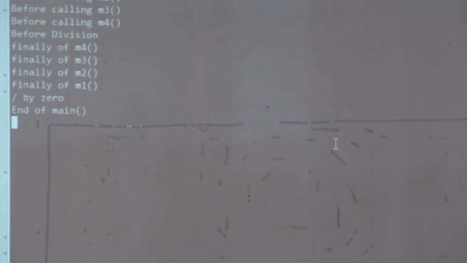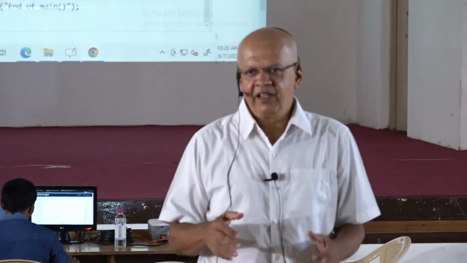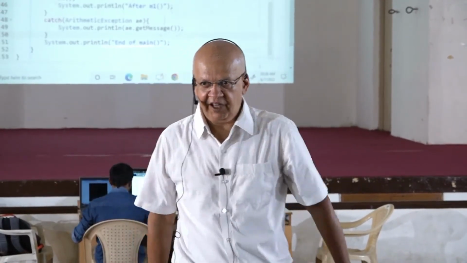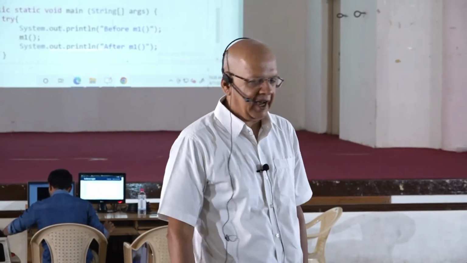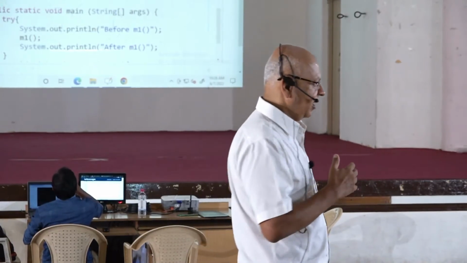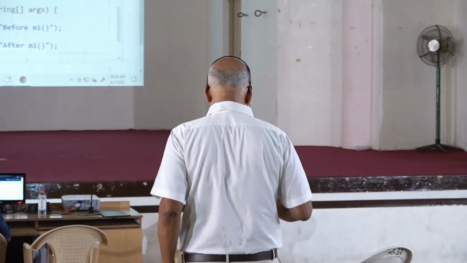Okay, now we have done this. Okay, have you understood? This is when I don't handle exception locally in M4 where it occurred. I am allowing the exception to propagate all the way up. Okay, it's coming all the way up to main and getting tackled in main. If it doesn't get tackled in main also, what will happen? Main will also come out, right? So this is one journey.